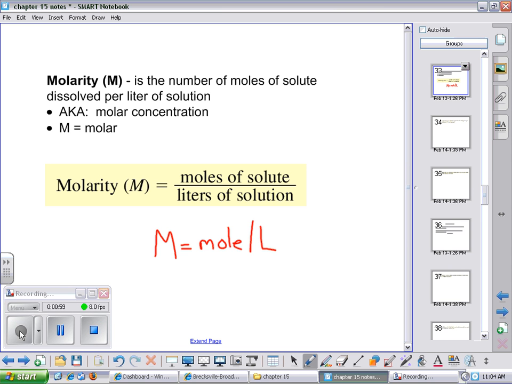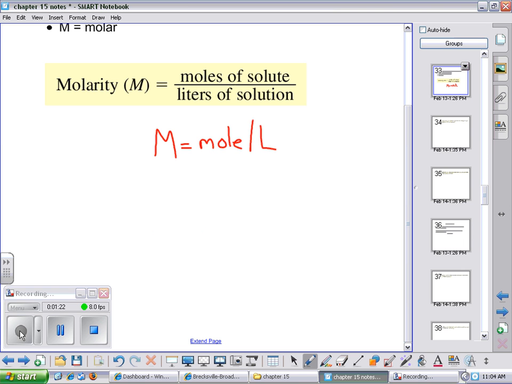Okay, so back to the definition. It is the number of moles of solute that you have dissolved per liter of solution. You have to remember, if you don't know how many moles of solute you have, remember the solute is the substance that is dissolved, you're going to have to convert. So here's your mole map. If you have your moles in the middle